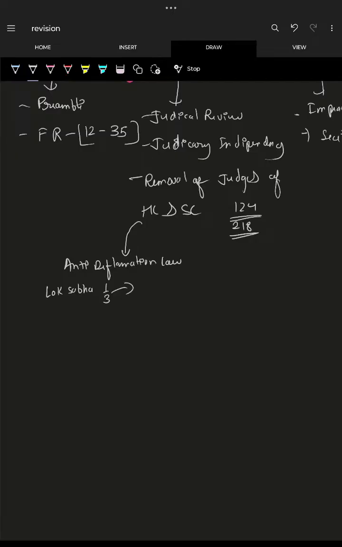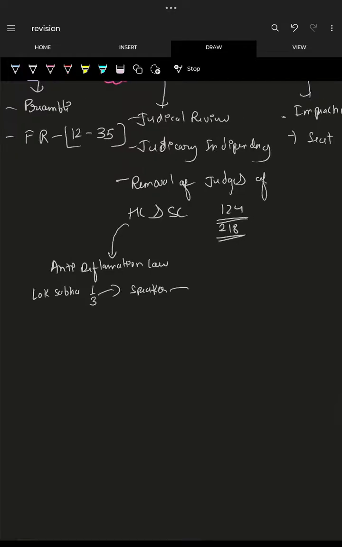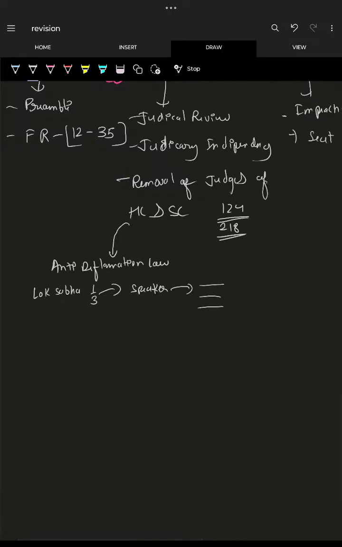If it passes from one third of the members, then you go to the Speaker of that Lok Sabha. Then the Lok Sabha Speaker passes it. Then it goes to a committee, which has some members of Parliament, Rajya Sabha, High Court and all that, the president too. After this,